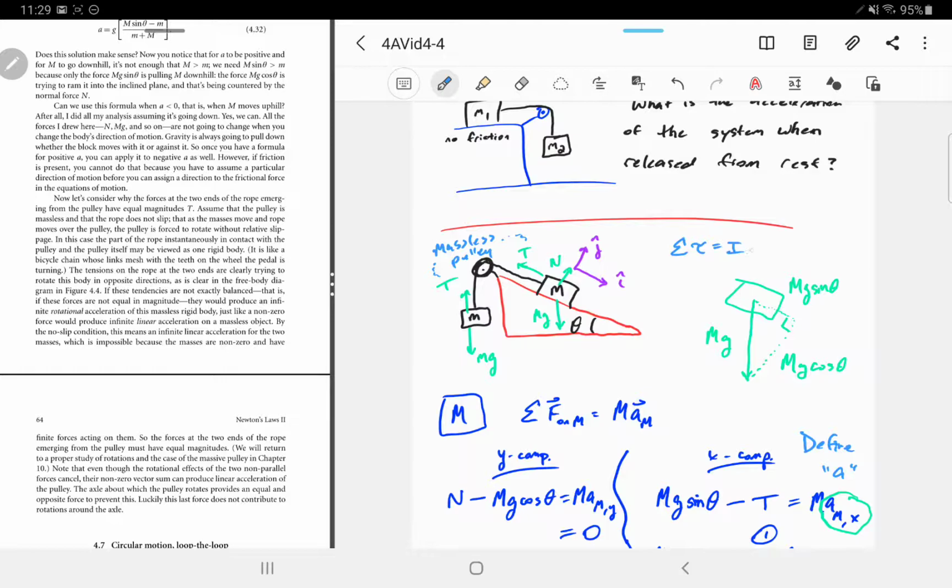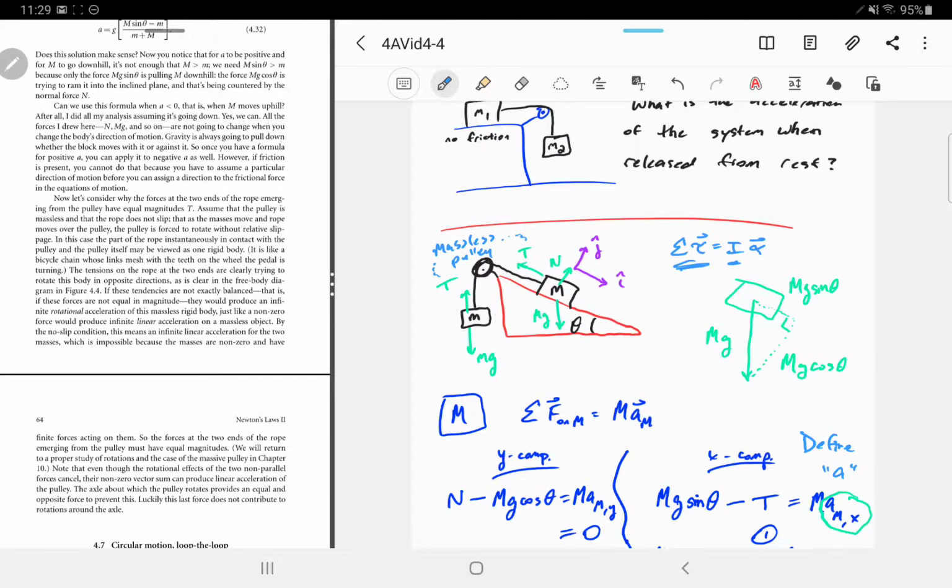Sum of the torques is I alpha. So that looks a lot like Newton's second law, right? Sum of the forces is ma. Sum of F equals ma. So this is the rotational version of Newton's second law. So basically, if the pulley is massless, this I, whatever it is, is 0. So this has to be 0, the sum of the torques, which tells us the two tensions have to be